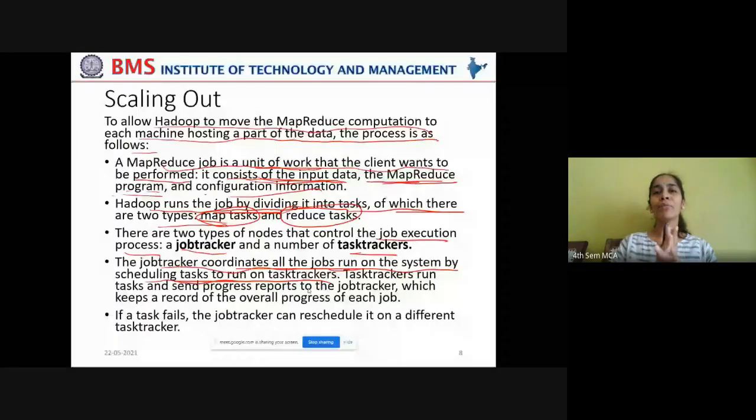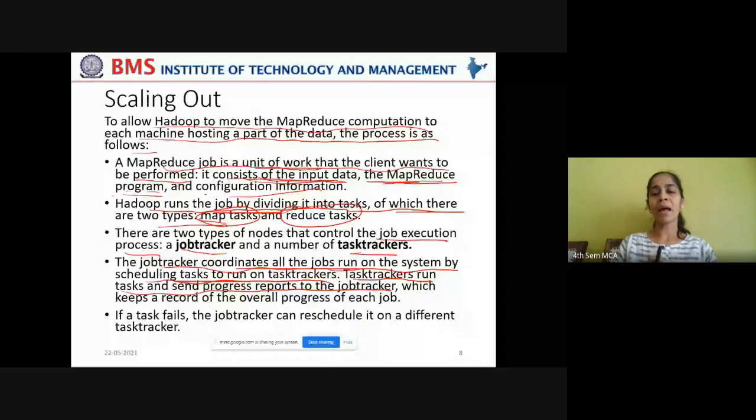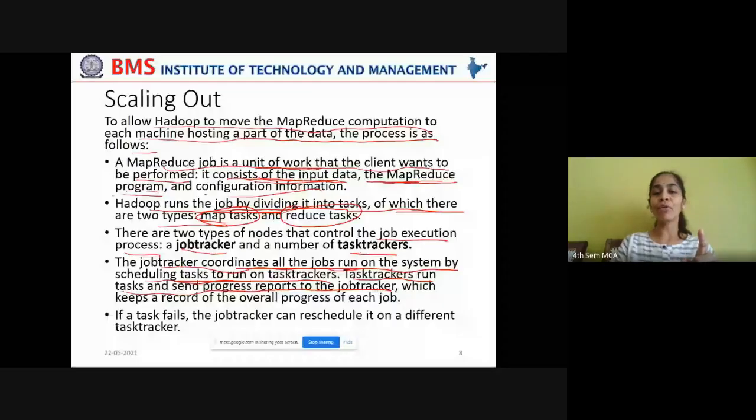That is very much required, right? When some team is working on some project, every day the progress has to be reported by the team members to the team leader. Same thing happens here. Task trackers run tasks and send progress reports to the job tracker, which keeps a record of the overall progress